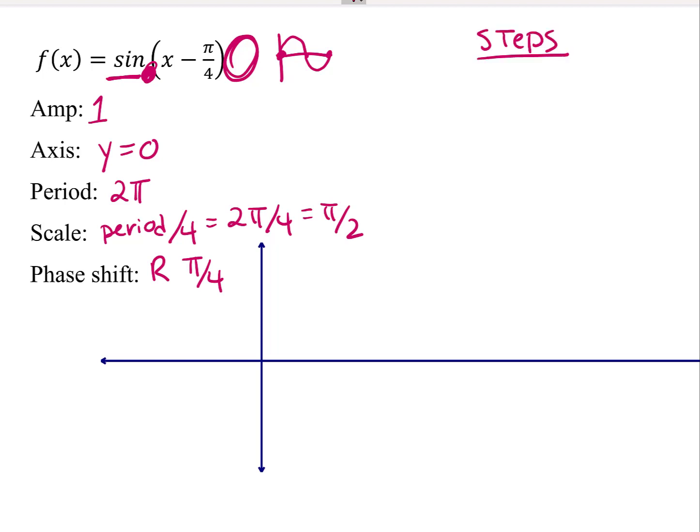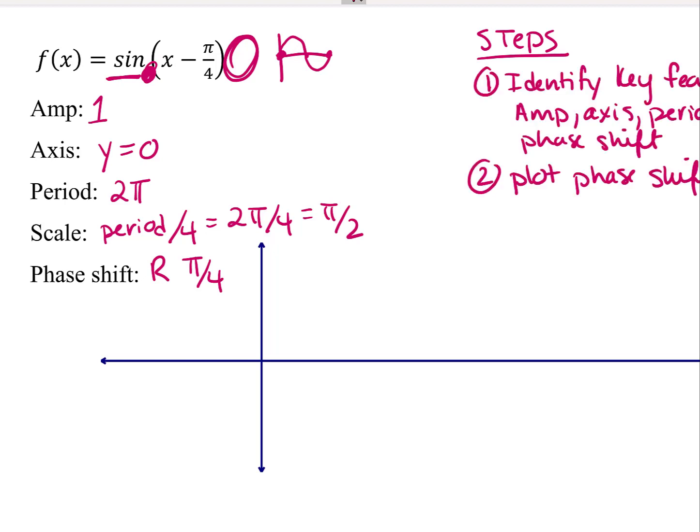So our steps for plotting when we have a phase shift. We identify all the key features, like what we just did. Then we plot our first point, which is the point of the phase shift. I'm going to do my scale. And since I'm going to the right by pi over 4, I'm going to start my scale at pi over